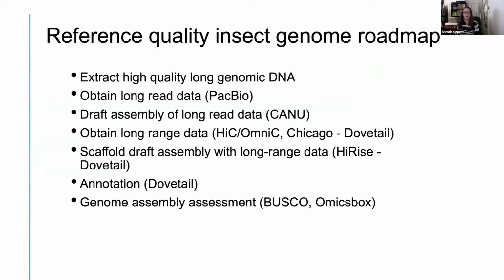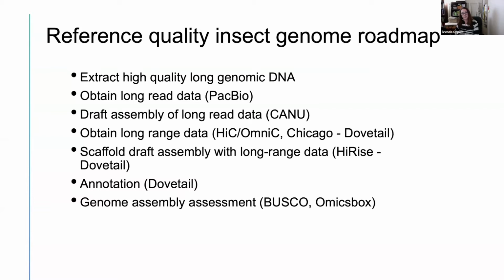So we developed a reference quality insect genome roadmap, and in working with Dovetail, our first challenge was to get high quality long genomic DNA that was needed for the long read sequencing. And we were able to achieve that finally, and then working with Sergey Koren, we developed KNU as our assembly algorithm, and then obtained long-range data when partnering with Dovetail. And we did that through Chicago and HiRise library, and